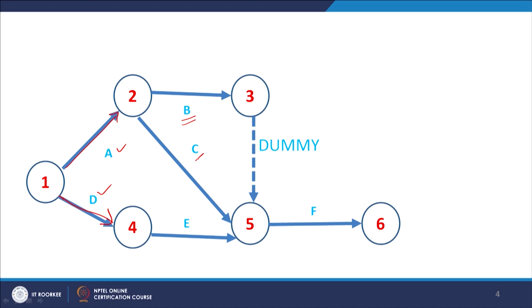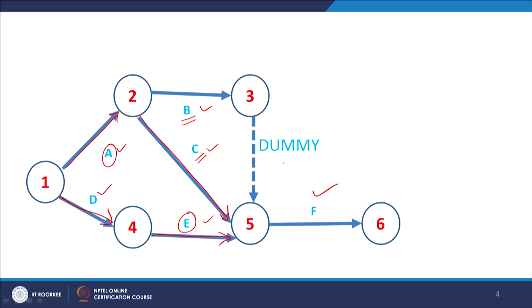Likewise, the precedence requirement for C is A, so this arrow is plotted. B and C both have the precedence requirement of completion of A. Similarly, for manpower training, the hiring is the precedence requirement. So, here we have the activity E, and the precedence requirement for the start of F is the completion of B, C and E, all three. Thereafter we show the activity F, and to show this precedence requirement of F on B, we are using this dummy activity.